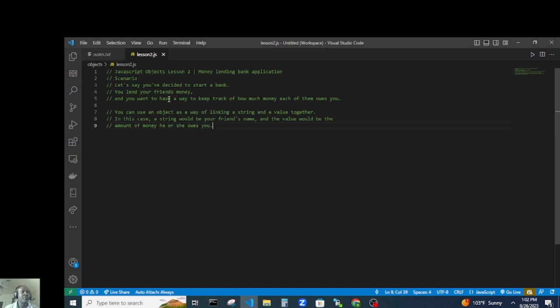So here's the scenario. Let's say you have decided to start your bank and you lend your friends money and you want to have a way to keep track of how much money each of them owes you. You can use an object as a way of linking a string and a value together. In this case, a string will be your friend's name and the value will be the amount of money he or she owes you. So here, if we take an example, you can create a variable called constant